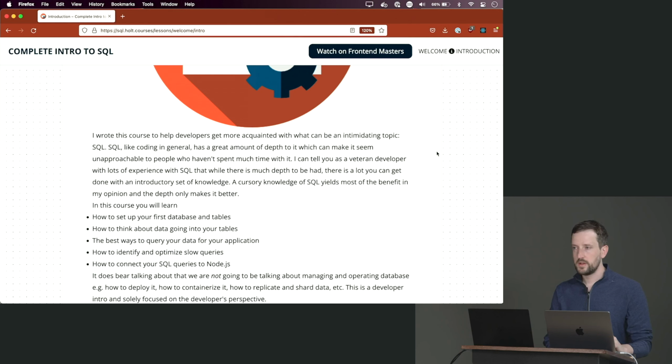So SQL, it's a language. It's not necessarily a programming language, though you'll see here in a little bit, you can turn it into a programming language. But there's an incredible amount of depth here, and I think that makes it seem a little unapproachable to people. It seems like they have to learn this entire new programming language, but in reality, you can get, I would say, almost all the benefit of SQL with a very small subset of knowledge. Don't get me wrong, there's people that have decades of experience here that can do wild things with it. We're not going there today.